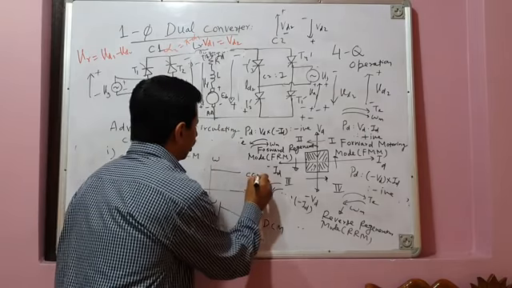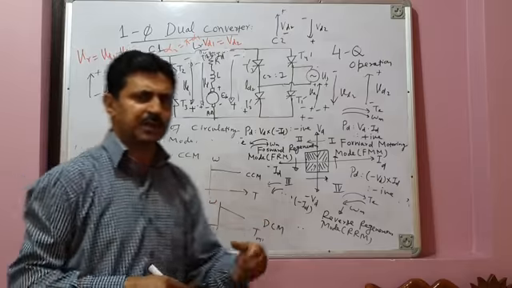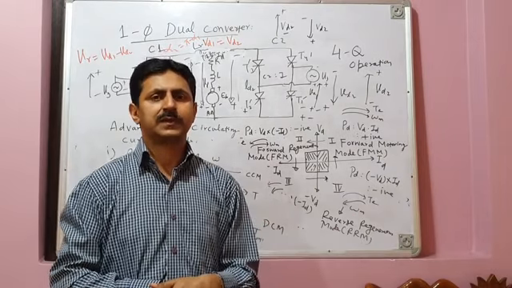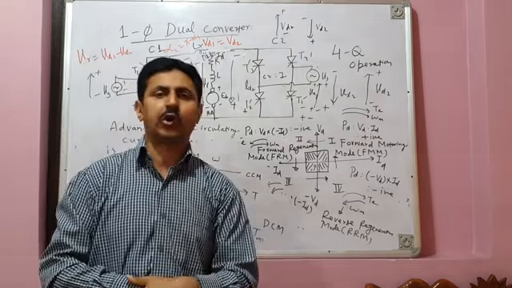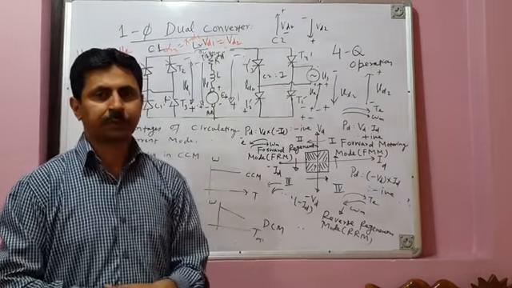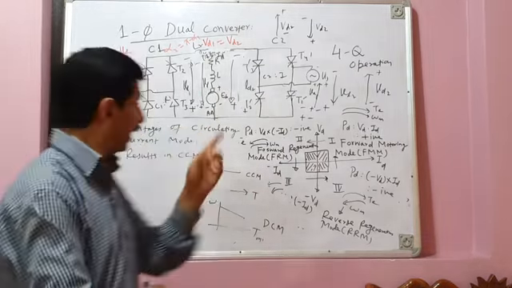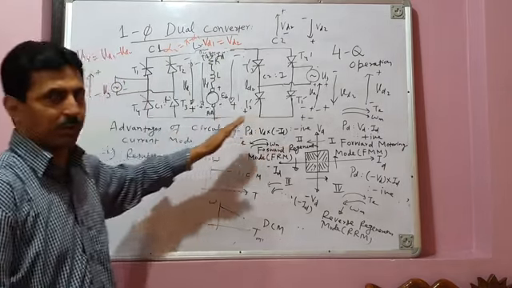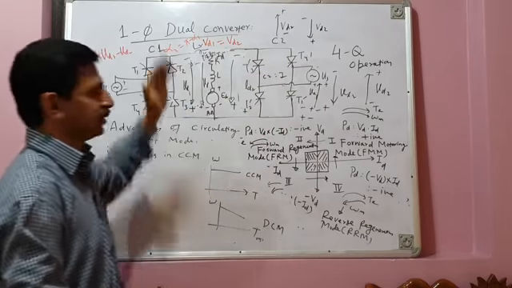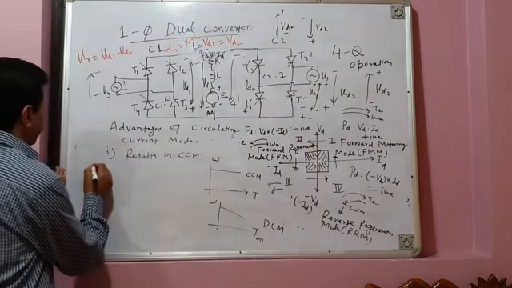In continuous conduction mode of operation, speed regulation is very good. The drop in speed from no load to full load is very, very small, just 3 to 5%. But if the motor operates in discontinuous conduction mode of operation, there is a large droop or large drop in the speed from no load to full load. So therefore, continuous conduction mode of operation of DC motor is always preferred, and circulating current mode always gives continuous conduction mode of operation, because there is always a current flowing between the two converters. That is the advantage. And the second advantage is